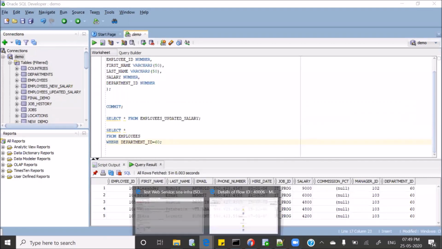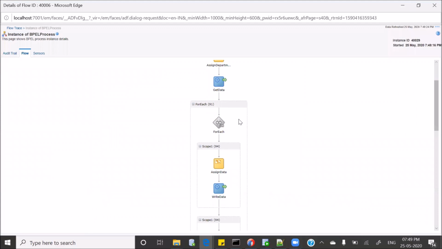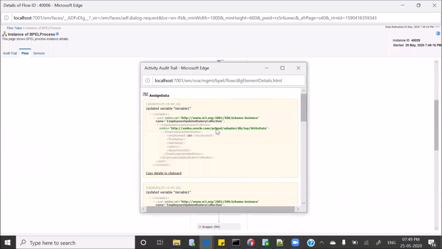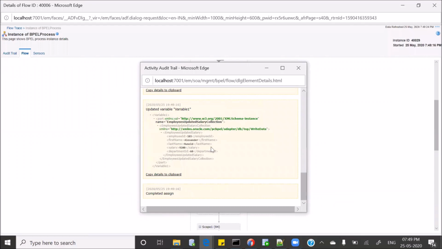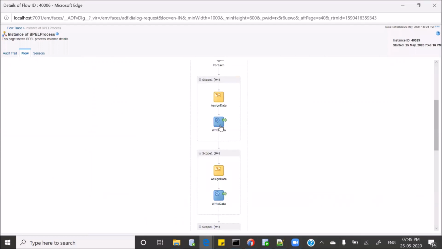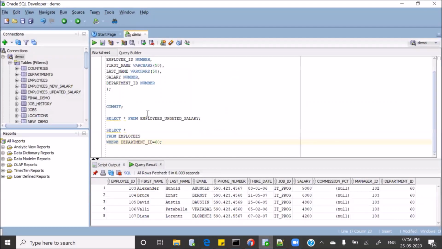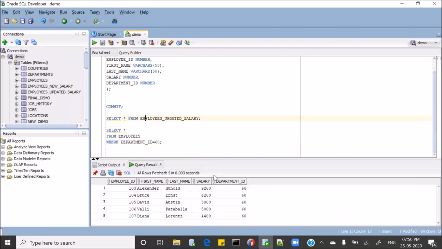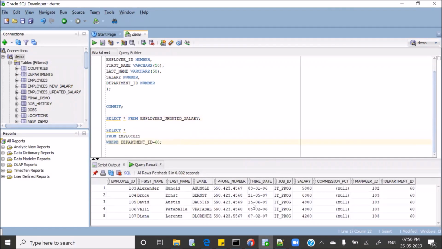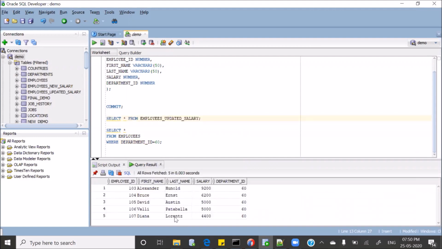And let's go to the flow trace again. What is happening inside the for each, you can see every time the data got assigned. Okay. See, this is for first record, and data got assigned to the database table, second record, third record, fourth, and fifth. So this is the sequential execution. If I search this table for you, we have got the data over here. Let me just check it. What was the salary for David? Yeah, so for David, it was 4,800. For all these 48, 48, 42. So that is why the data got assigned over here.